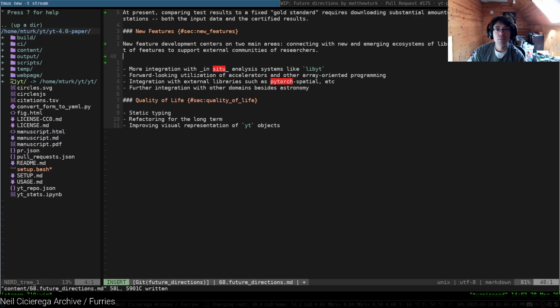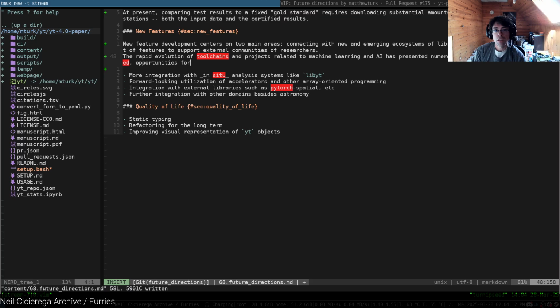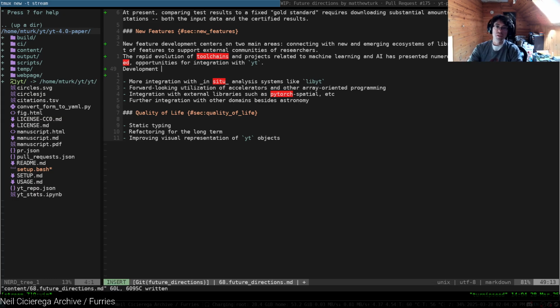The rapid evolution of toolchains and projects related to machine learning and AI has presented numerous, currently somewhat underexplored opportunities for integration with YT. Development, and so here we want to connect with things like PyTorch Spatial specifically. Development of high-level and meaningful connections with libraries such as PyTorch Spatial may unlock